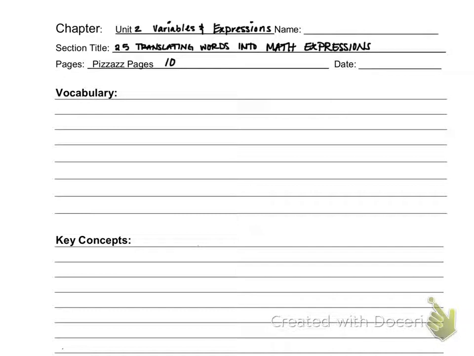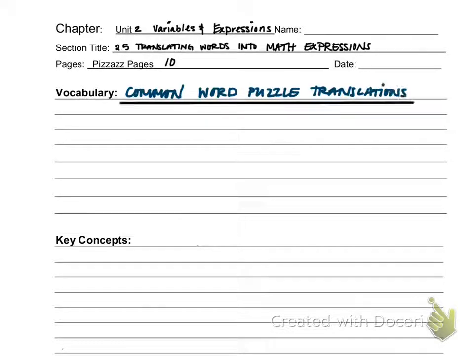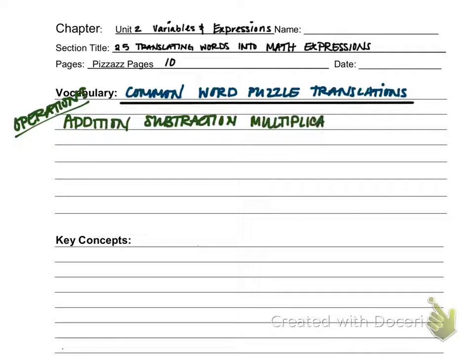So the first thing to talk about is the vocabulary. We're going to talk about some common word puzzle translations. When we talk about word puzzles, we're really talking about English phrases that we want to translate into math. So let's take a look at our operations that we have together. We work with addition, subtraction, and also multiplication and division in our basic